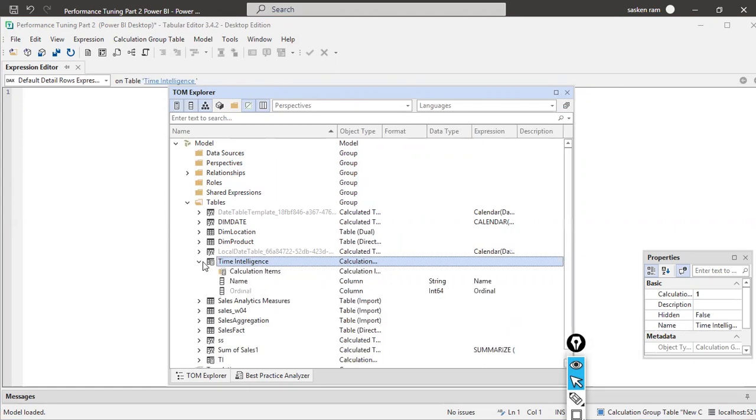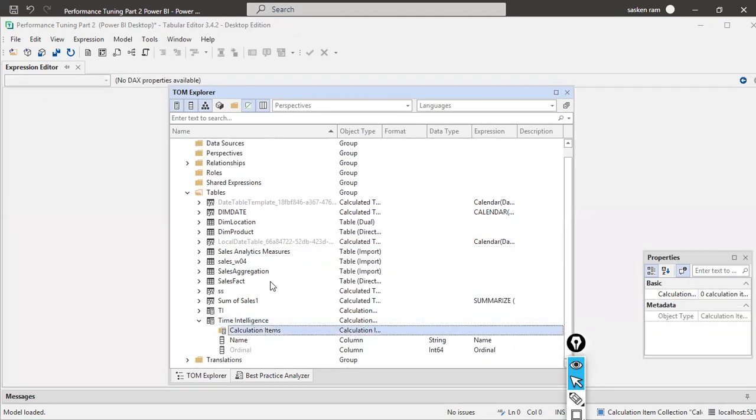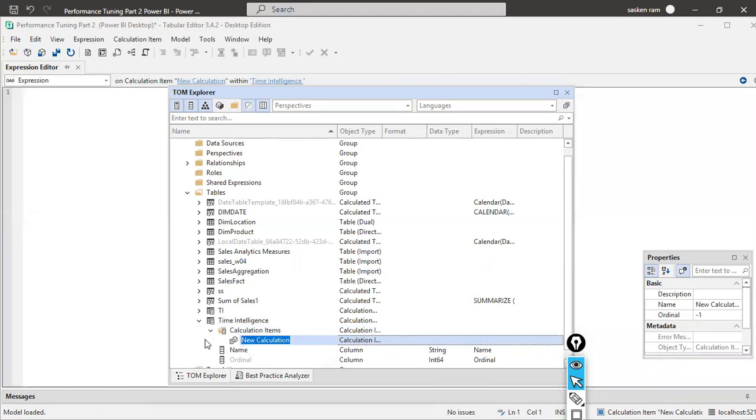I'm going to make it more dynamic here. Once you expand this, you can see the calculation items here under the time intelligence. Right click on it and then you create calculation item. Now you can see some kind of model icon here. Here what I do is I just give this something like